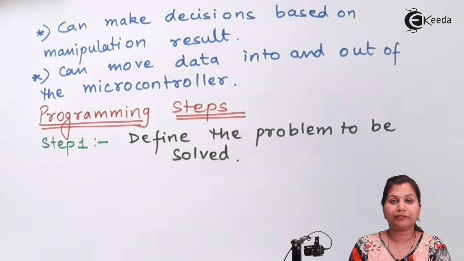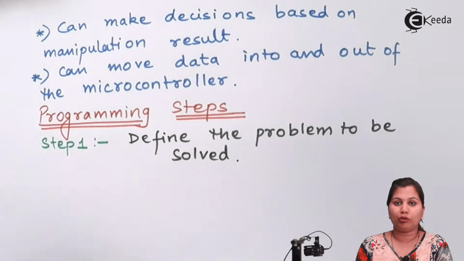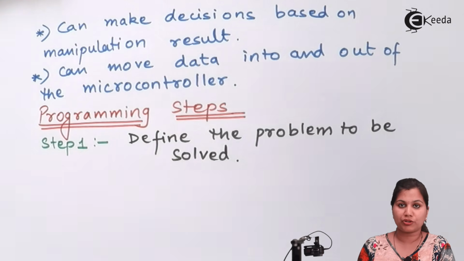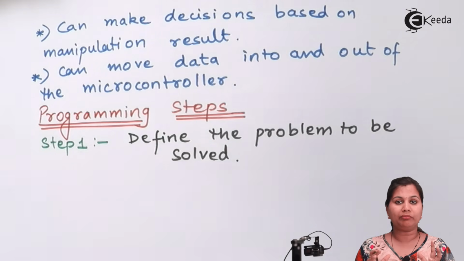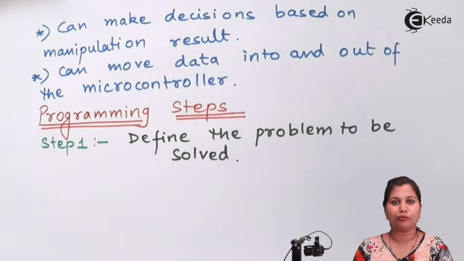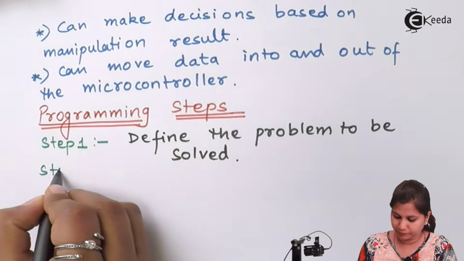First of all, we should define the problem which we want to solve: from where we are getting the input, where the output is to be displayed, what operation is to be performed. So we have to define what task we have to perform with the help of that program. Then step number 2 is